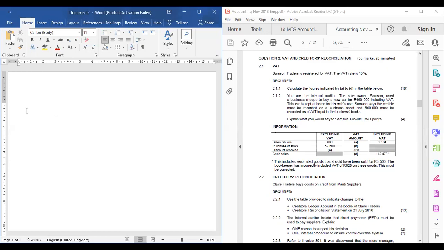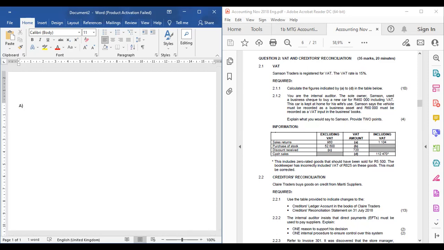You are the internal auditor. The sole owner, Samson, used a business cheque to buy a new car for 460,000, including VAT. This car is kept at home for his wife's use. Samson says the vehicle must be recorded as a business asset and 60,000 must be recorded as a VAT input in the business's books. Explain what you would say to Samson, 2 points, right? And then let's do the calculation. We'll go to what to say to Samson. Calculate the figures indicated by A to D. Right. So A,